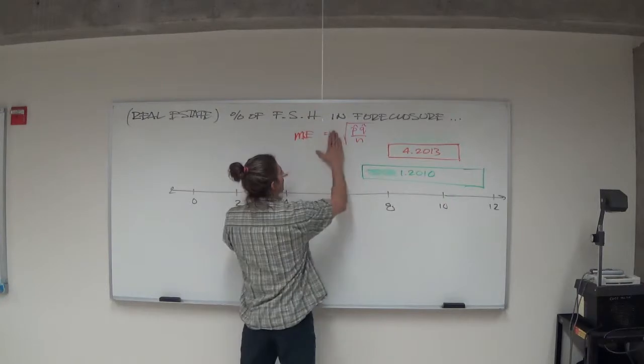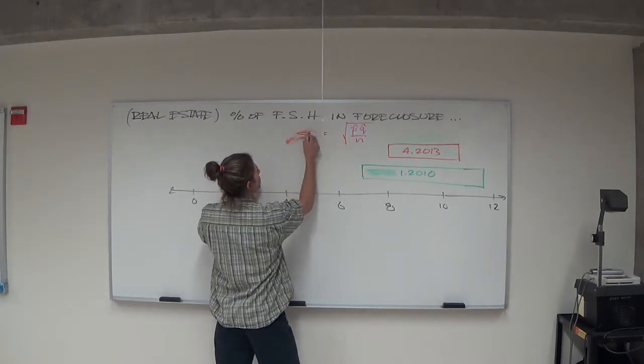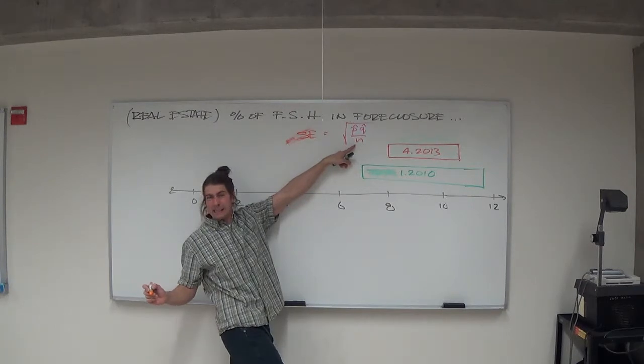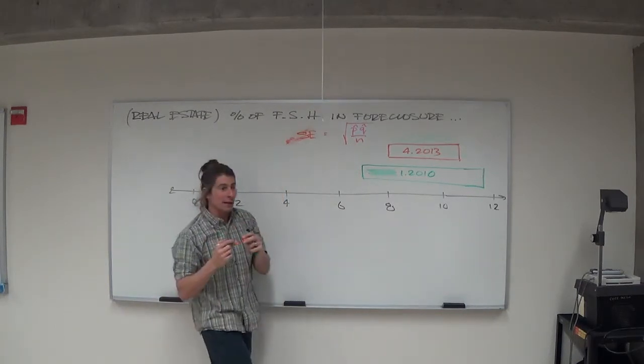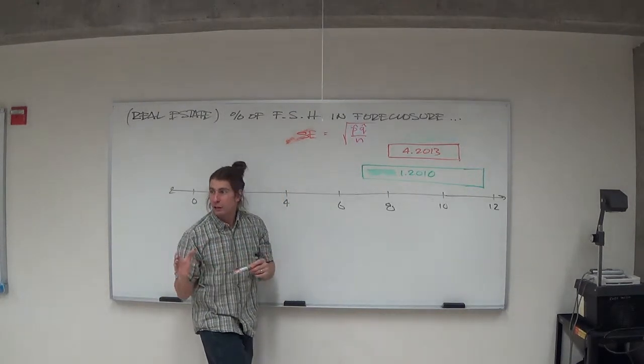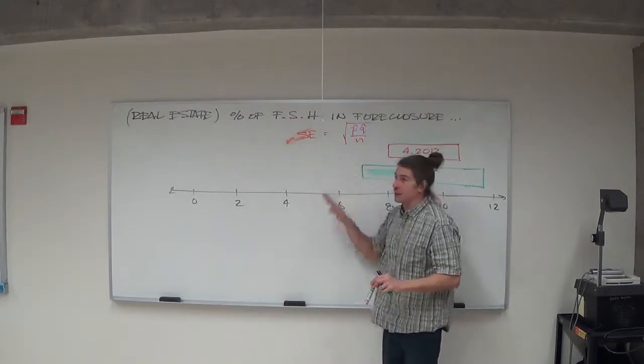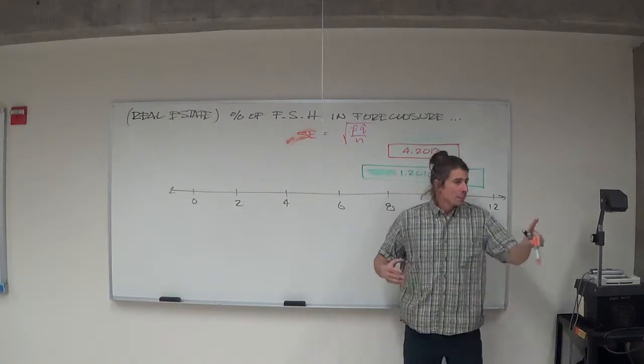But the big thing to focus on is that standard error. And because n is in your denominator, the larger your sample gets, the skinnier your interval is going to get as a result. Also, while we're looking at this formula, I don't want to spend too much time looking at the formula because it tends to give people highs.